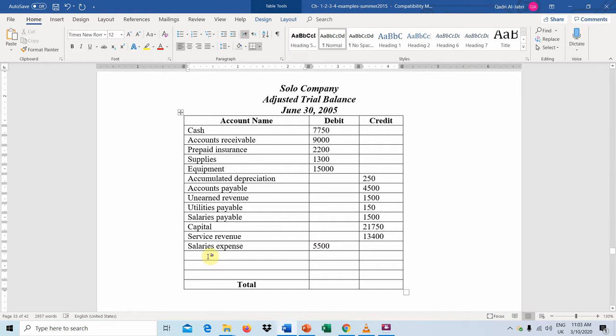Next one, rent expense, with a debit of 1,000. Next one, supplies expense, with a debit of 700. Then we have utilities expense,